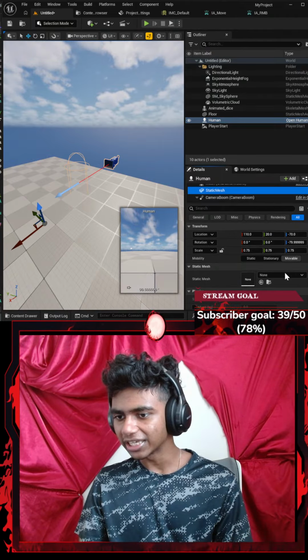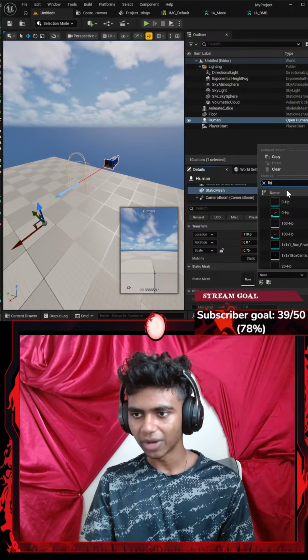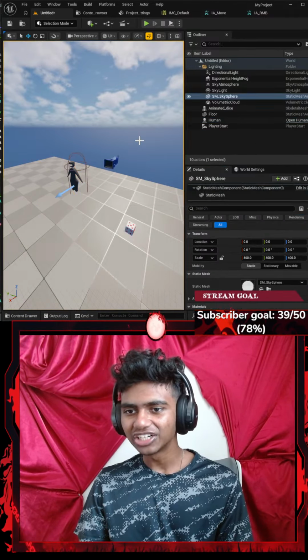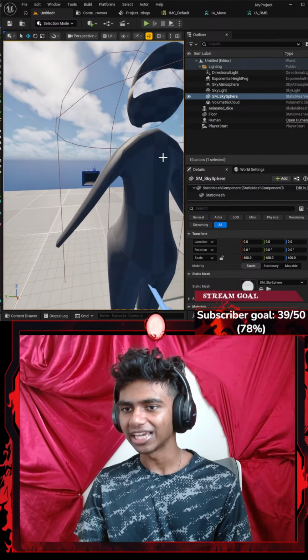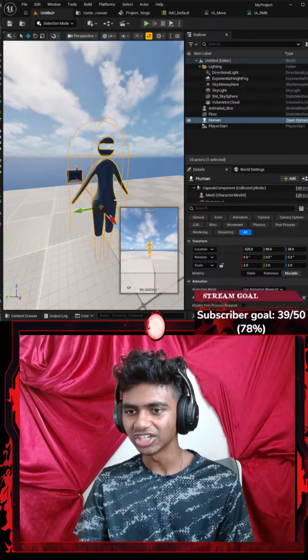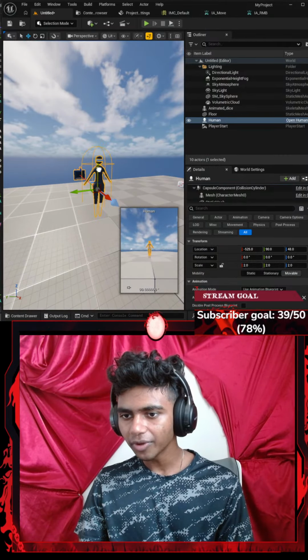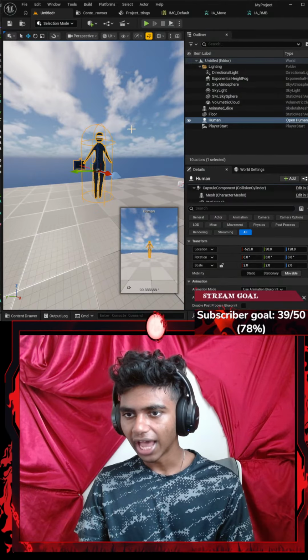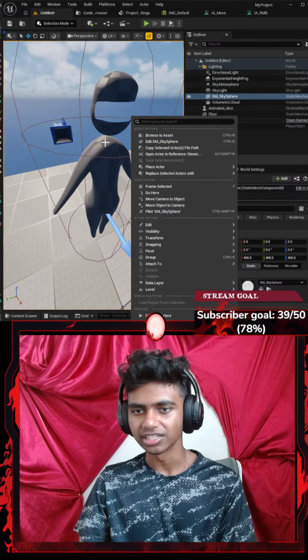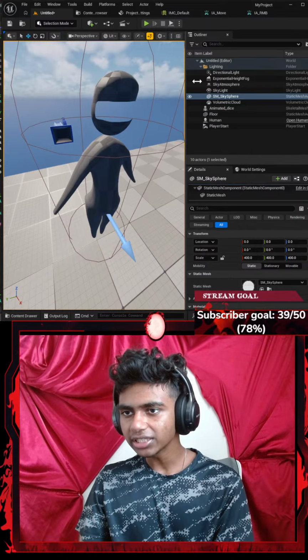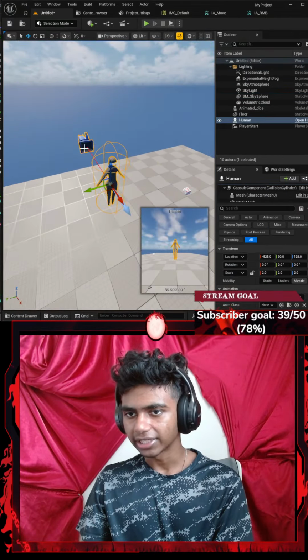Guys, Lisa was my Genshin character who I horribly failed to actually make in Blender. I did not even know how to make the eyes, so I just left them out. This looks like an Among Us character, honestly. Okay, I'm going to go a bit higher. There we go. And I did not know how to add hands or anything. I didn't even know how to add a good texture, so I just left it as it is. Okay, that's it. I'm going to go ahead and get this here now. Let's go ahead and click my camera.